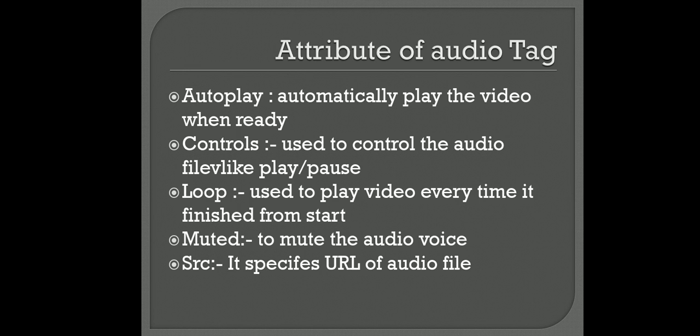The autoplay attribute means that when the audio is loaded, it plays automatically. Then you have the controls, which I have already told you, play and pause. Loop means once the audio file is finished, at the very end, it can rewind back to the beginning and play again. If you have such repeating, it is called looping. Mute means sometimes we don't want to listen to the voice, then we give a mute attribute. And source means from where you want the audio file to be linked.